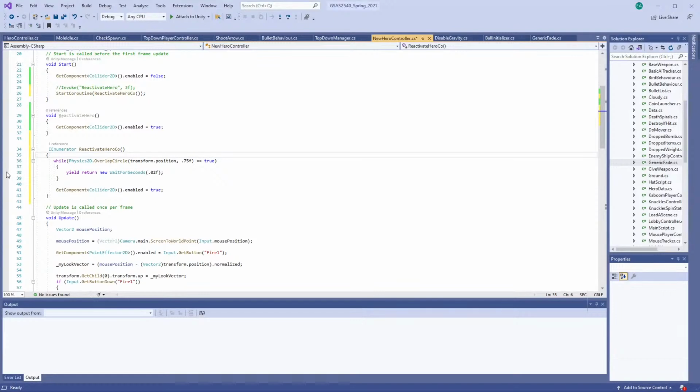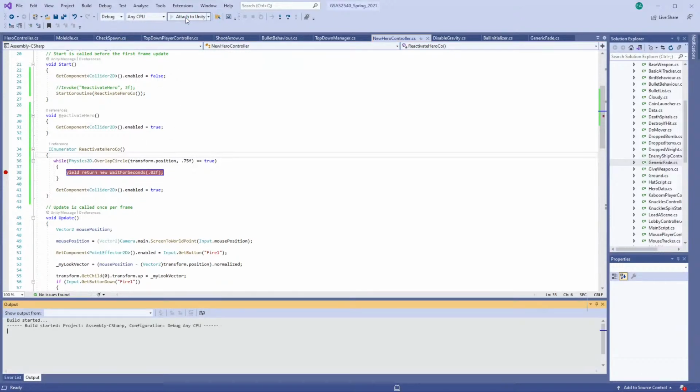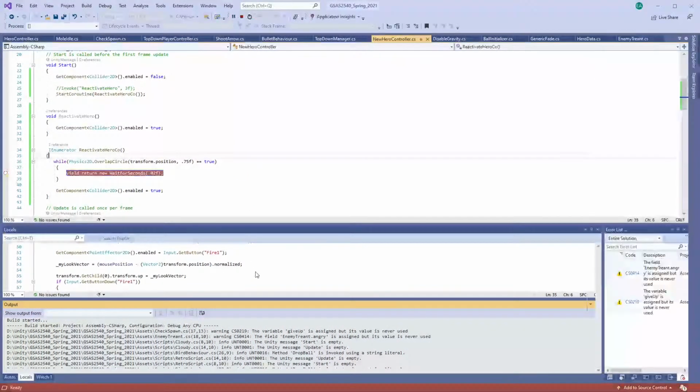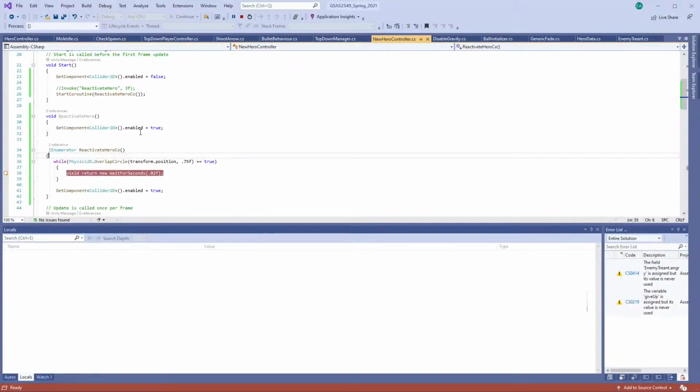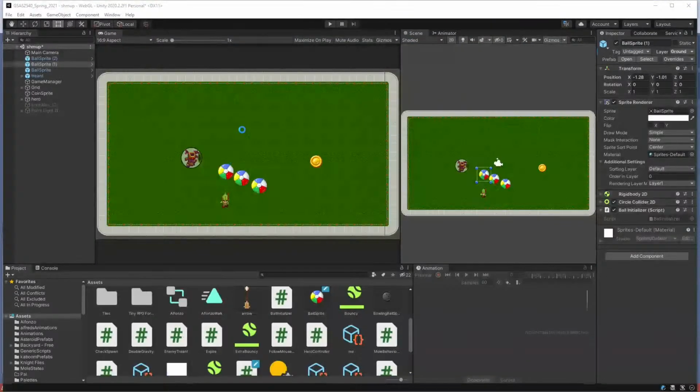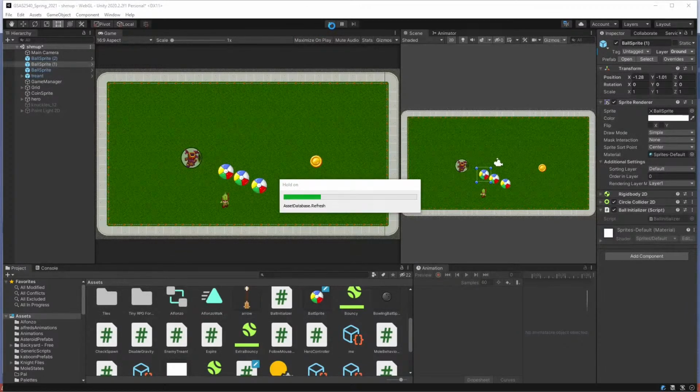So let's do that. I'm going to put a breakpoint in here because the moment I get into a potential infinite loop situation, even though this is in a coroutine, I like to just start debugging, right? Say attach to Unity. And all right, we're attached. We're good. We're going to go back to Unity. And we're going to go ahead. And if all goes well,